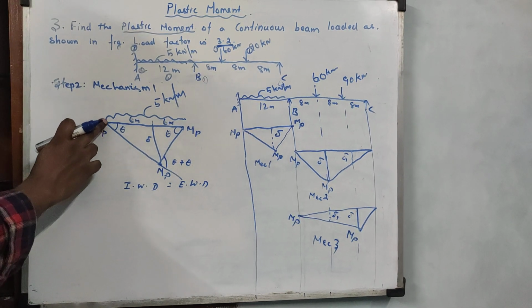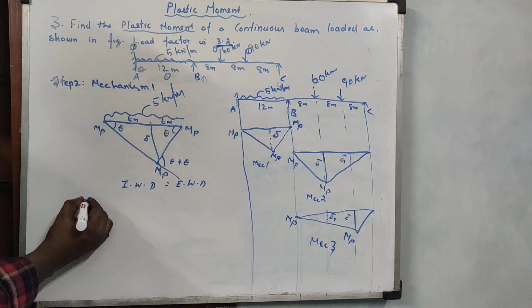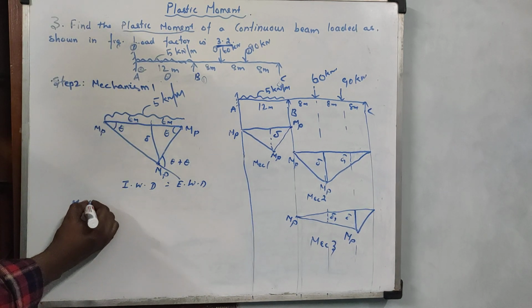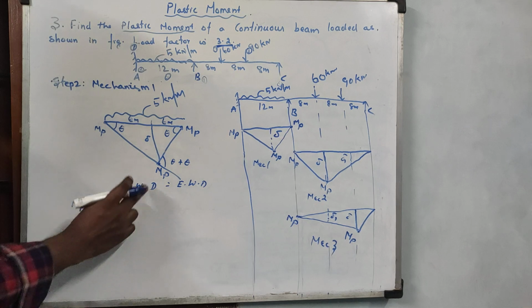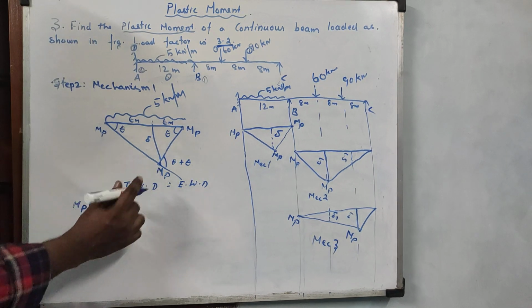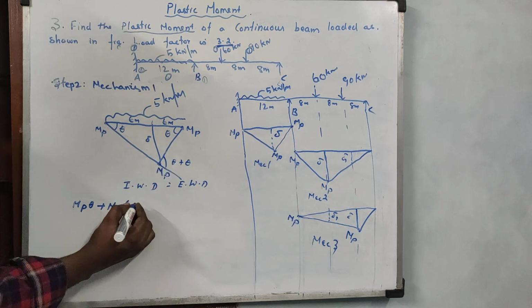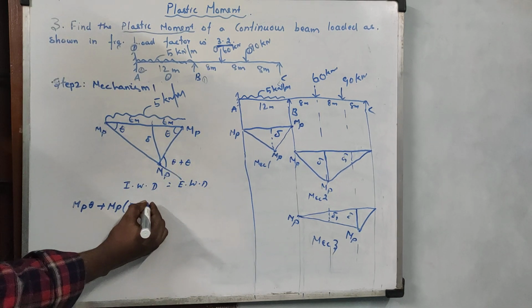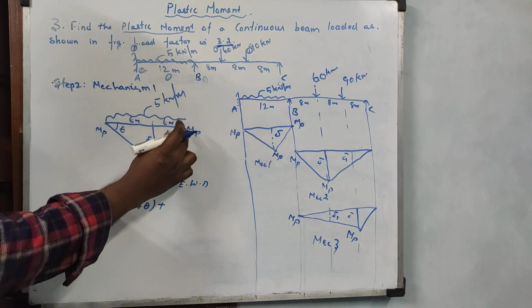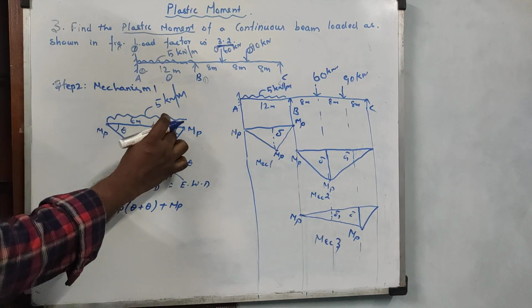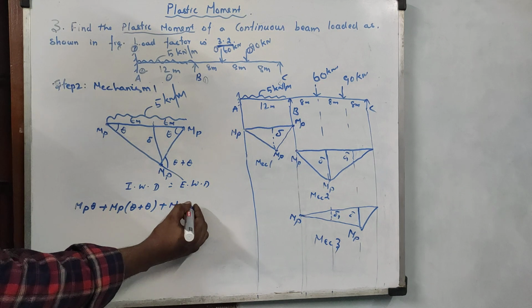Here there is a plastic moment at this point, so the moment is MP and the angle is theta, plus a plastic moment at this point MB, where the angle is theta plus theta, and a plastic moment at this point MB, where the angle is theta, equal to